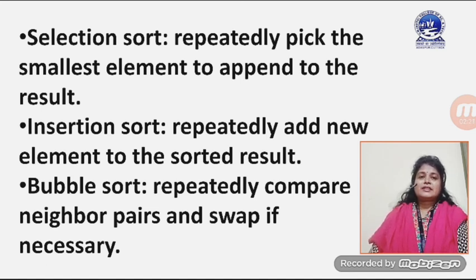In selection sort, it repeatedly compares and swaps if necessary. The same thing happens in insertion and bubble sort, but the approaches are a little bit different. All are using an iterative, loop approach, and all are performing swapping. In this way they are effective for smaller lists, but for bigger lists, merge sort and quick sort are more effective.